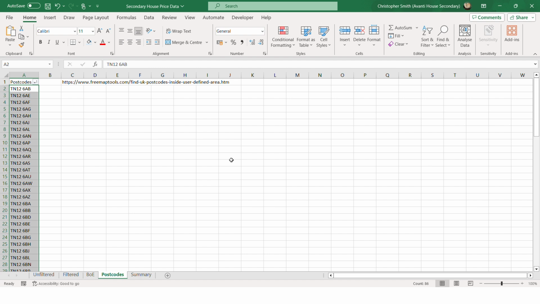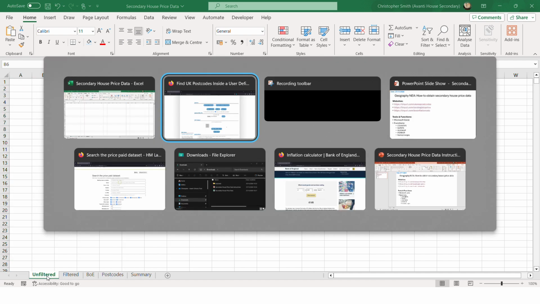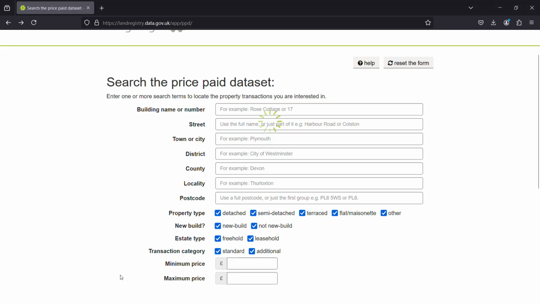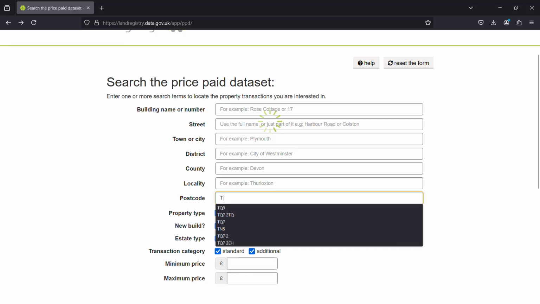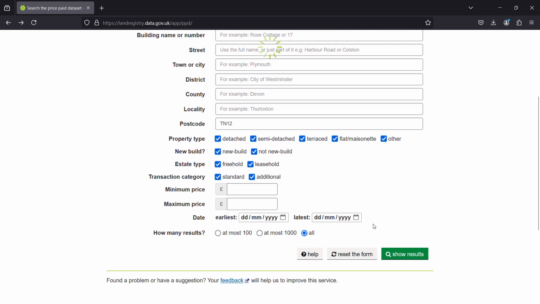So we're going to download data from the Land Registry for TN12, but there's going to be a lot of information on houses that we aren't interested in. And I'll show you with Excel how to filter those out. So we're going to go to the Land Registry now. And we're going to type in TN12, and we want to get all data, so I'm going to ask it to show results. It's going to take a little while to process,